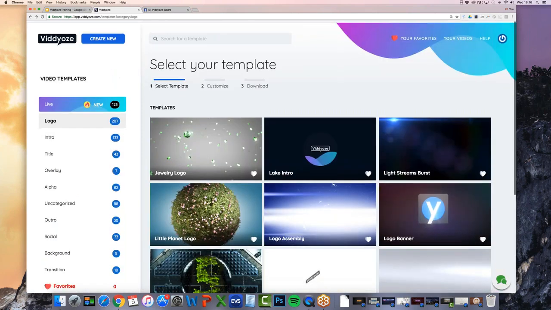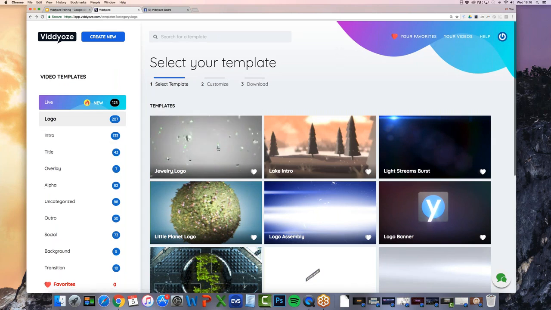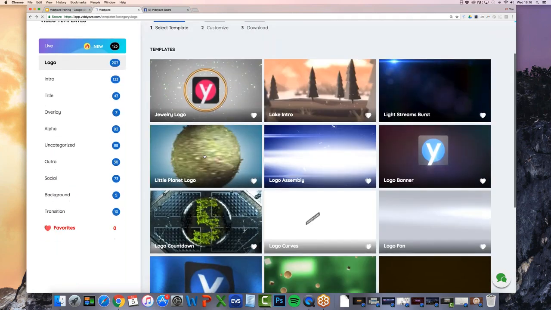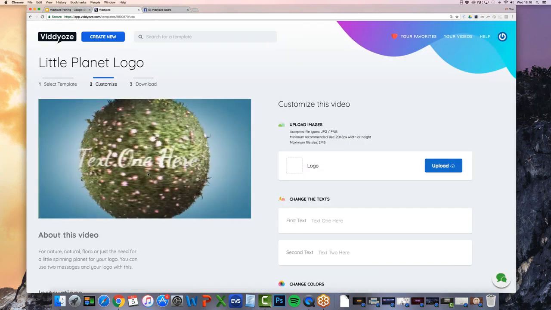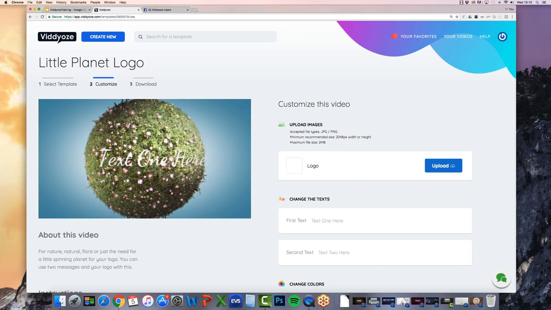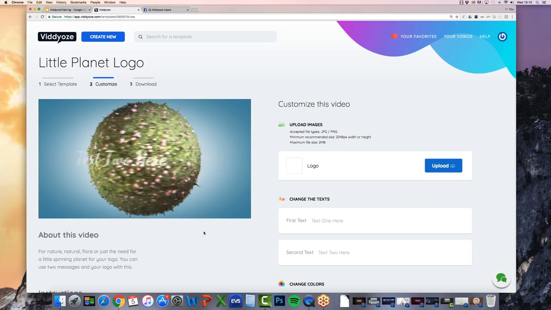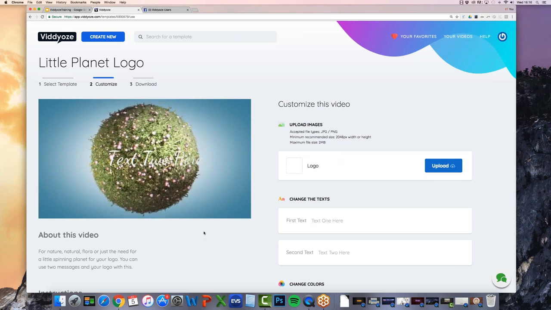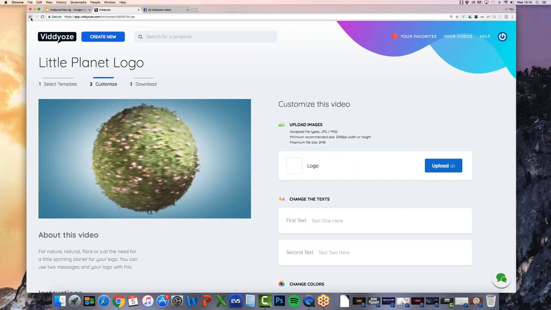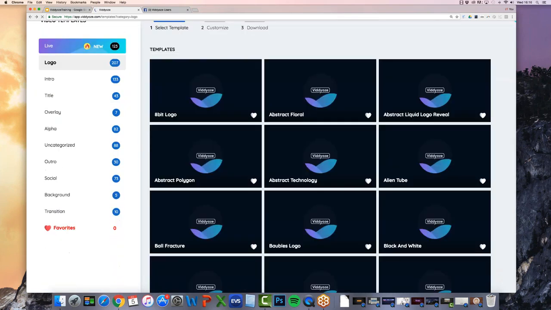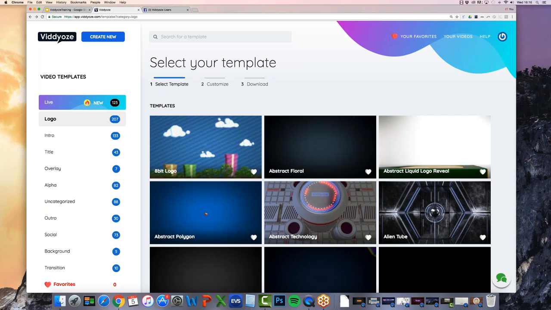If you're in the Template Club right now, we've got over 200 animations that go into lots of different niches. There's a jewelry one here, for example. I mean, this is a pretty cool one, this Little Planet logo one we've got. This comes with text on as well, so you can add subtitles or subheadings, if you will, before the actual logo will appear. So these would generally be used at the beginning of your video. So they would introduce your video. If you go onto YouTube and you look at any major YouTube channel, you will always see a logo stinger or a logo reveal or some form of intro reveal logo at the beginning of the video.